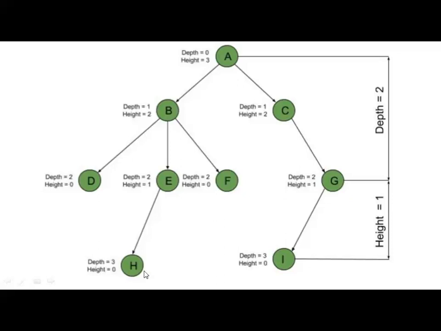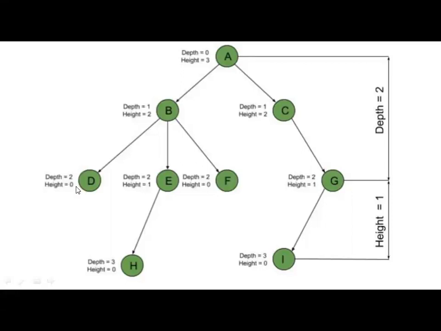And from the leaf nodes onwards, you can write height in reverse. Height will be 0, then the next level. If it is a leaf node, in this level also height will be 0. Leaf node heights are always 0. If it has some child node, then its height will become 1 here. This is a leaf node, height is 0. This node has a child node, so height will be 1 here.